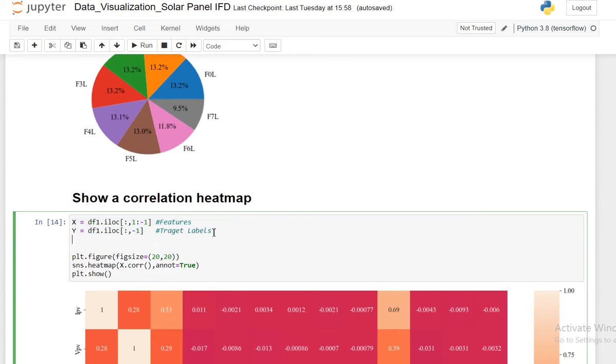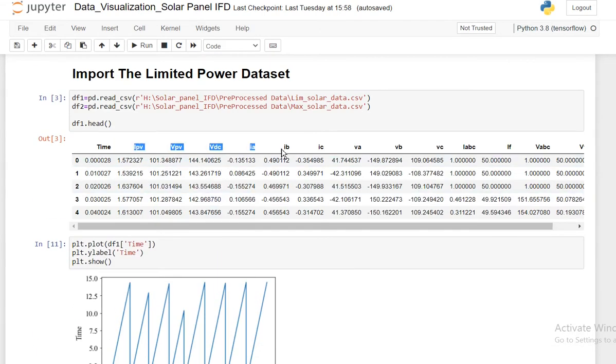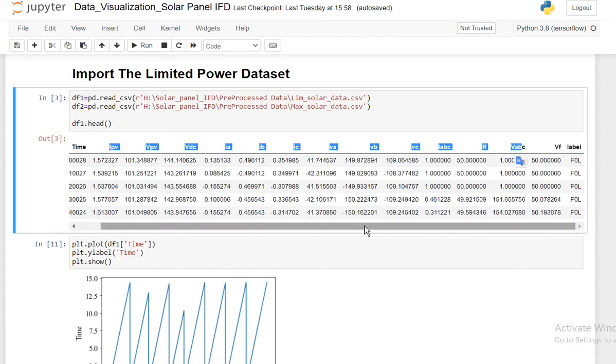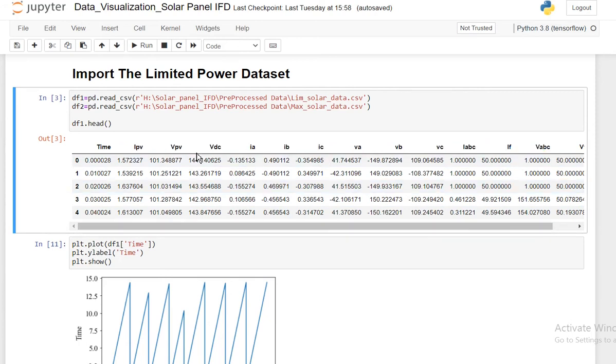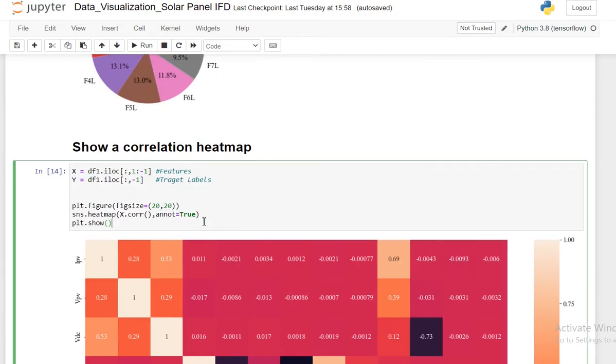But one thing we need to remember is, right now we have a total of 13 input features. Among these 13 input features, we need to see whether some features have very high correlation among themselves or not. If they have a very high correlation, like more than 90% or more than 95%, then we can take only one feature from the two, so that will reduce the curse of dimensionality, and we also get a little advantage in processing the data. We'll have less time to process the data.